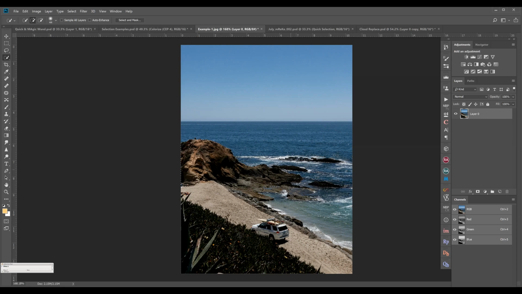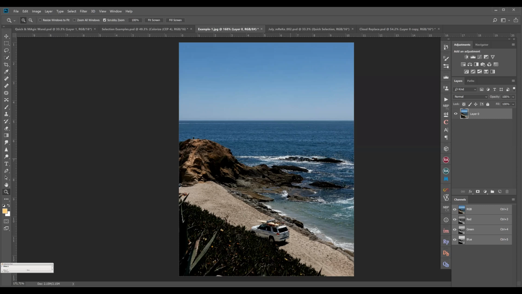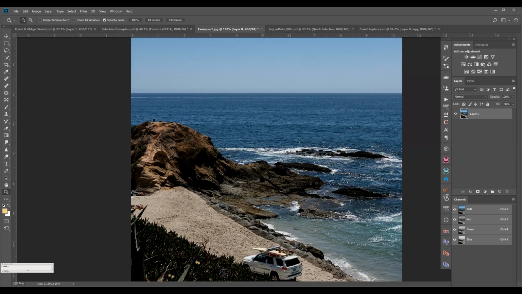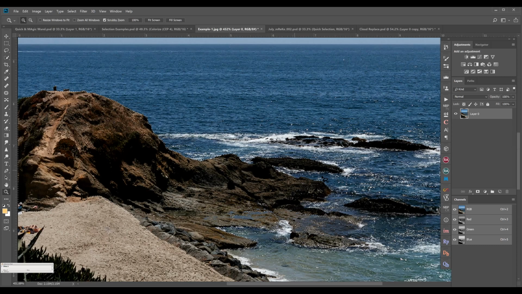Now there are some rocks left over here. So if I start using this tool, what happens is that it selects the sea also. So what I have to do is that I have to decrease my brush size, okay, and then do a selection like this. Okay, now if you see, there is some area which I don't want. So what you can do is that two ways you can delete this. One is you can go back to your lasso tool and click the delete option and just draw the areas where you don't want, and it will delete it for you.